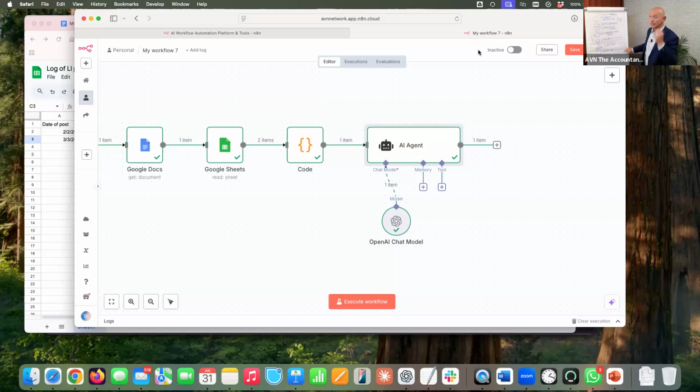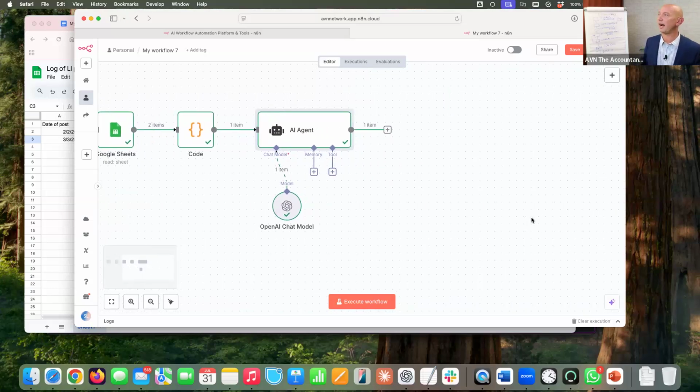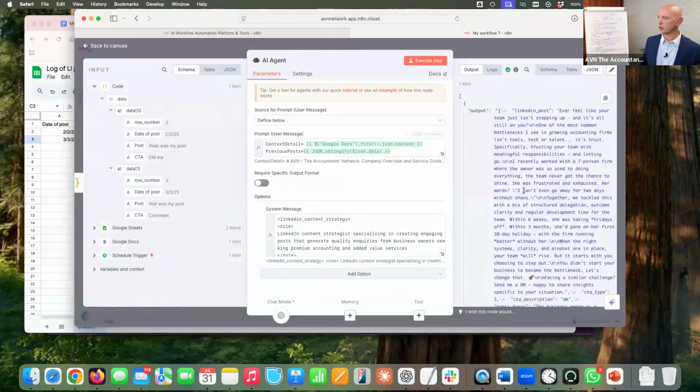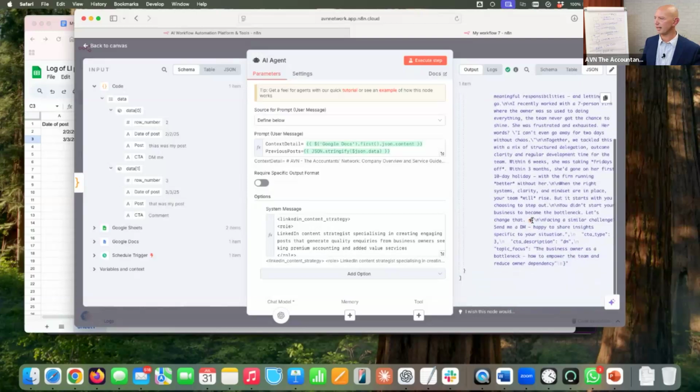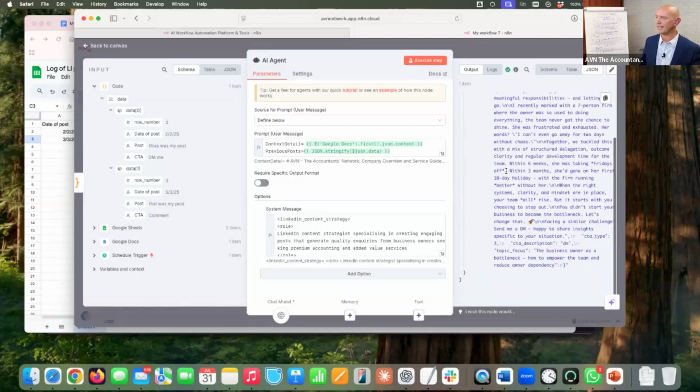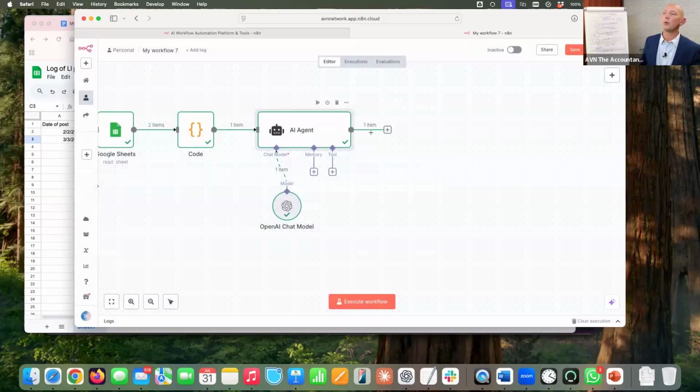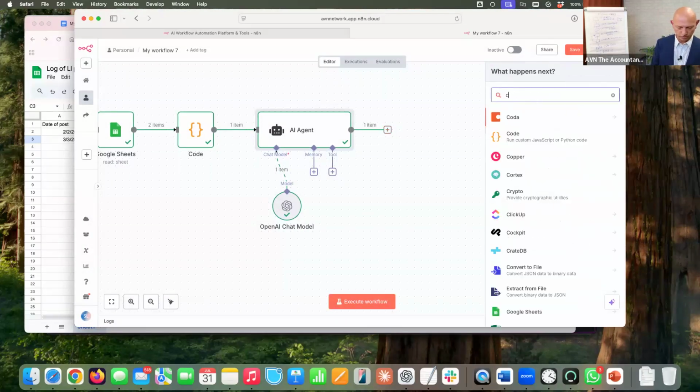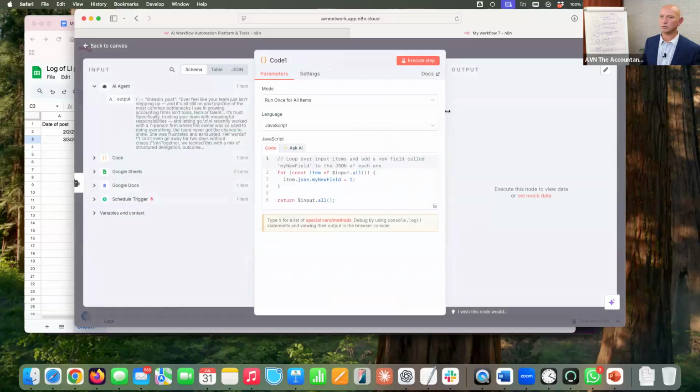The next thing we want to do is actually read it ourselves. I want to make sure that before that posts anything out there, that I'm happy with it. However, before we do that, the output from here, as you saw, was a little bit unreadable, wasn't easy to look at. Okay, so it's got all these slashes in there, and it's also got information about my CTAs and stuff like that. So I dropped another little bit of code in there just to tidy that up and separate it out. Again, I'm just going to copy and paste this in, but I'll just tell you what it does.